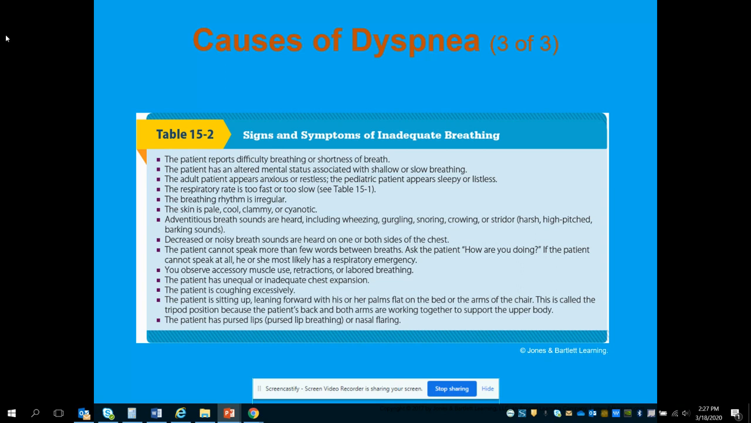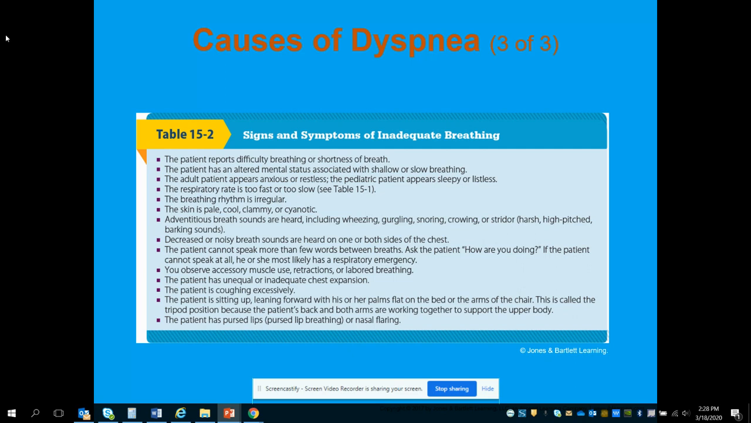So looking here, these are some signs and symptoms of inadequate breathing, and I'm not going to read through this entire list, but it's also in your textbook, so you can take a look whenever you get the opportunity. But basically, we're looking for any issue with the patient's rate, rhythm, and quality of breathing, the pulse, and the skin color, temperature, and condition. If we hear any of those abnormal breath sounds like wheezing, gurgling, snoring, stridor, crowing, anything like that, that would